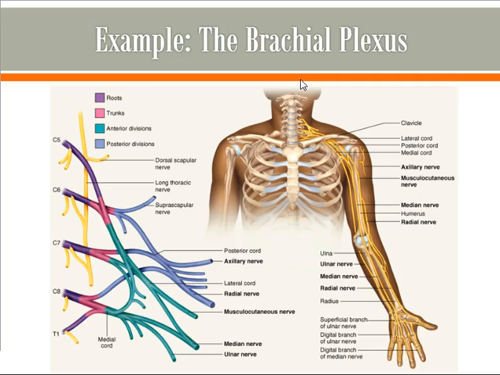I don't care that you know the details of the branching for this class. That doesn't matter. But I do want you to understand that there is a branching thing that occurs, that you get these complicated plexuses. And you get this occurring up here where you have your cervical enlargement. So all these spinal nerves here are spinal nerves that are emerging out of that cervical enlargement that ultimately are forming the nerves out here that travel down your arm. And each of these nerves contains a large bundle of axons that will directly innervate skeletal muscles that are present within your arm. And different ones of these nerves tend to go to different areas.